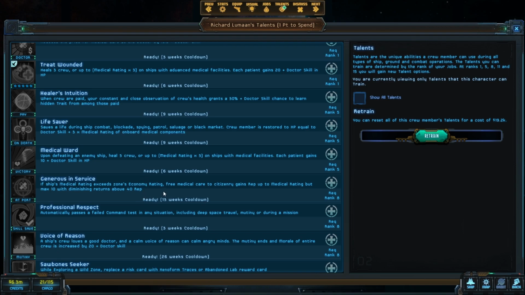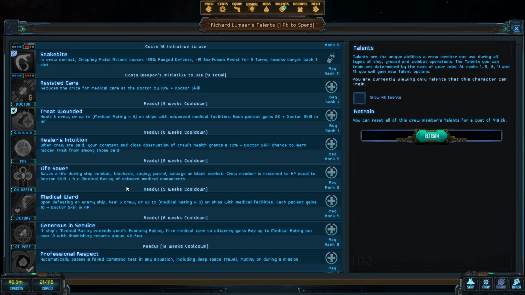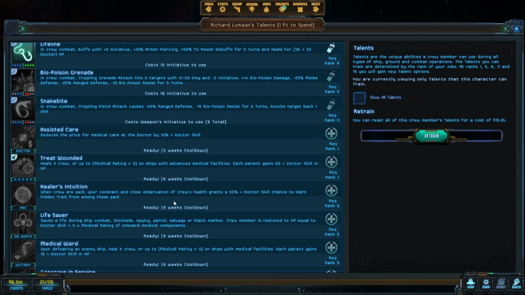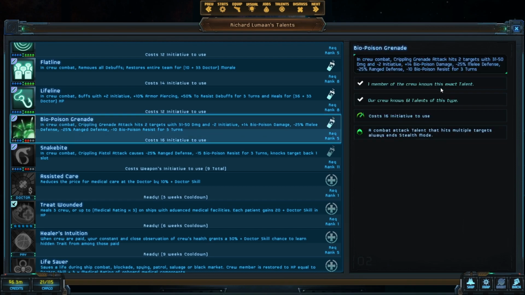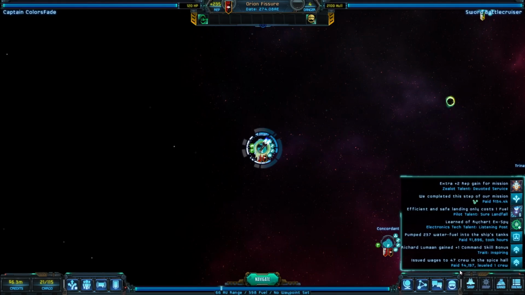Yeah. Oh, Lifesaver talent, but we already have a couple of those. Healer's Invitation. When your crew are paid, your constant and close observation of the crew's health grants a 30% plus doctor skill chance to learn a hidden trait. Don't really care about that. So I either want the attack or the grenades. The grenades are nice because of the -2 initiative. I'm probably never going to use those, but